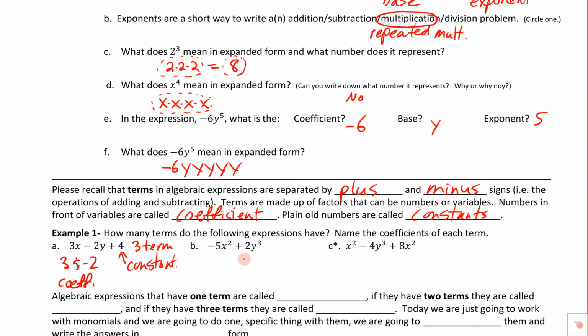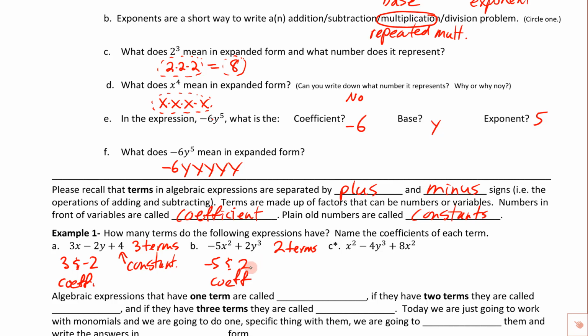Let's take a look at this one right here. There's a term right here, -5x² plus 2y to the third. So we'd say there are two terms right here. And let's identify the coefficients here. -5 and 2 are the coefficients. So we've got the two coefficients right there, and no constant on this one because there's not a plain